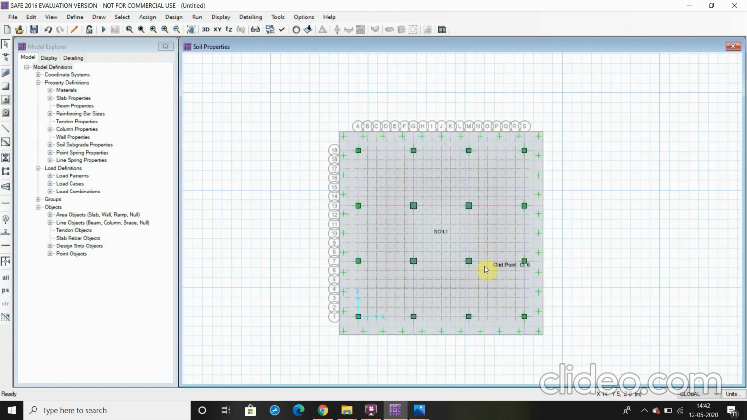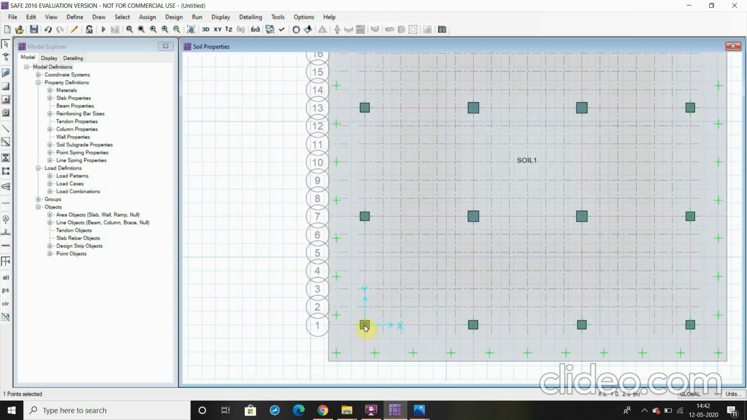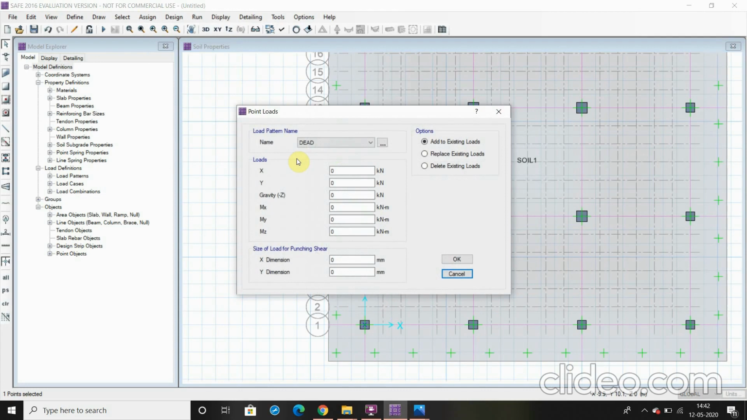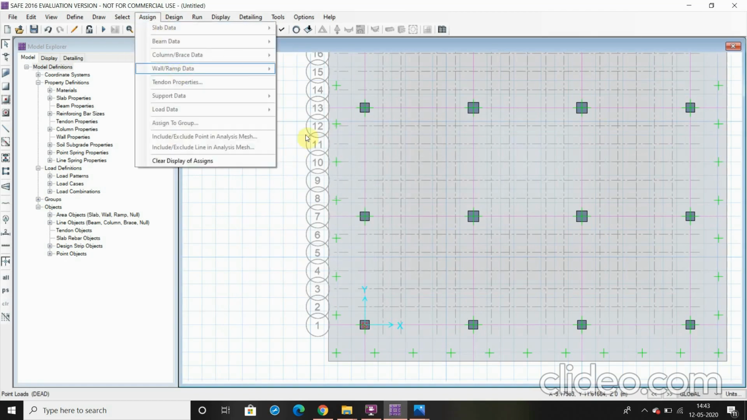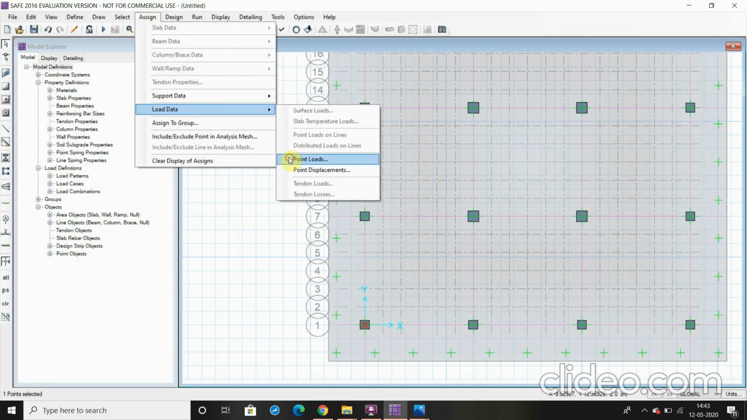Okay, now we will assign the loads on the columns one by one. So select this column, go to assign, load data, point loads. For column 1, the dead load is 1850. The dimension is 500 mm. Okay. I will go to select, get previous selection, go to assign, load data, point loads,